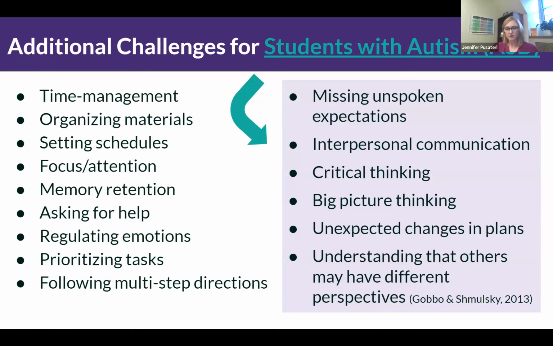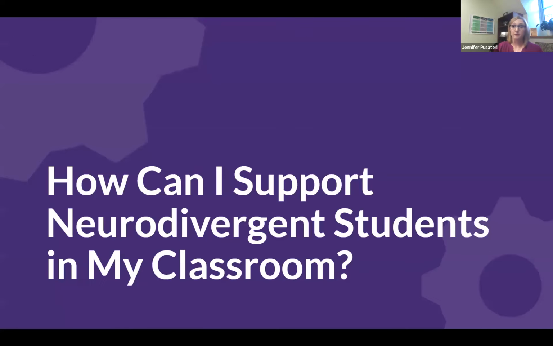And so if you've encountered some issues in a classroom setting, especially if it's a discussion that might be kind of a more heated discussion or one where people are expressing their perspective or their point of view, it can be difficult because a student with autism may think that my perspective is the only one and everyone else is clearly wrong. And so that can obviously cause some issues if you are in a setting where you're having a discussion about something that might be a little more controversial or heated. So these are all sweeping generalizations. I want to just make sure that that's very clear.